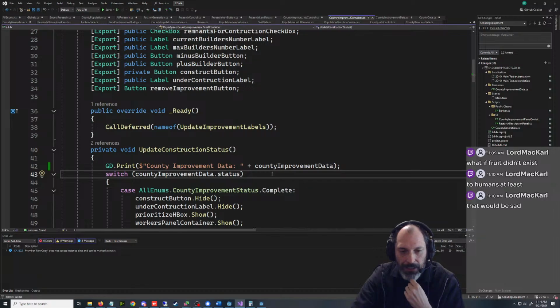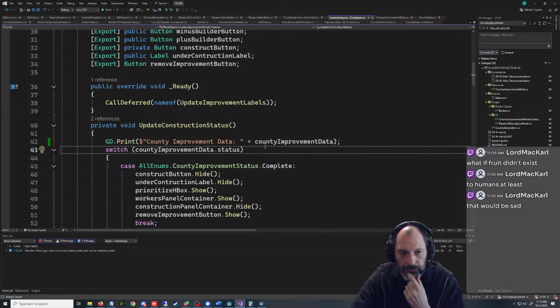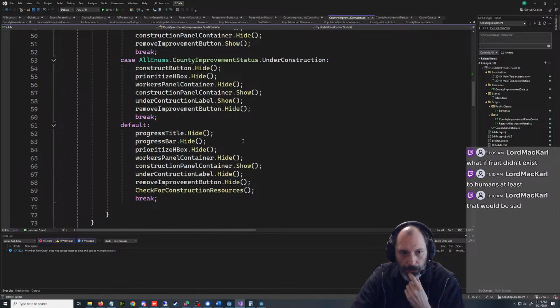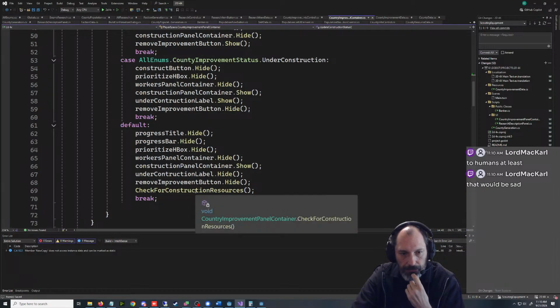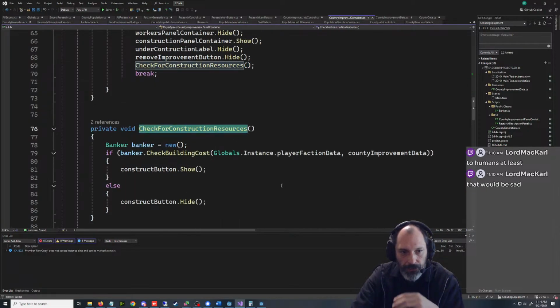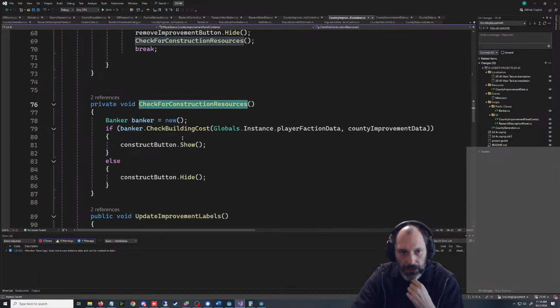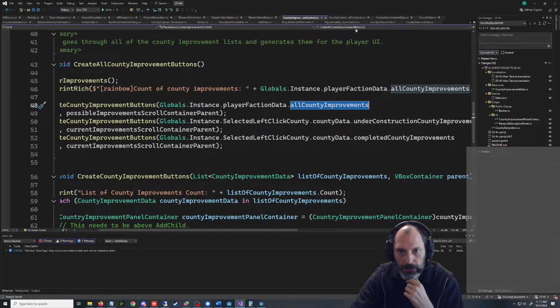Oh, it made it past that. I figured it would croak on this one. They should all be going to this default. Check for county resources. Faction data, improvement data, construct button. Maybe it's this thing. Let's go back to our issue, which is